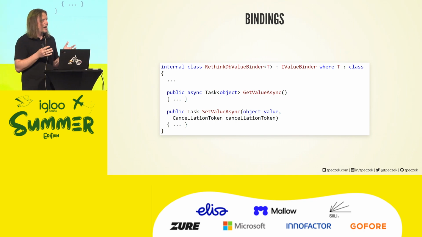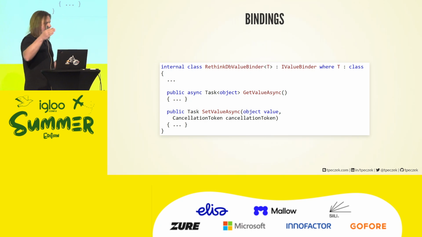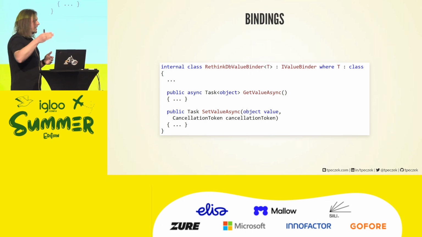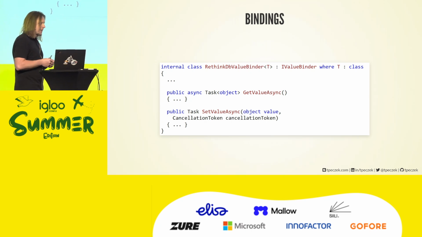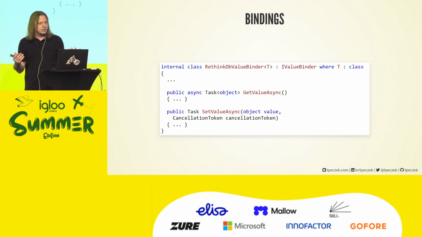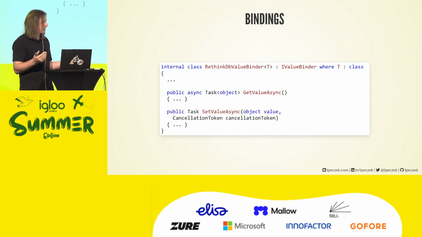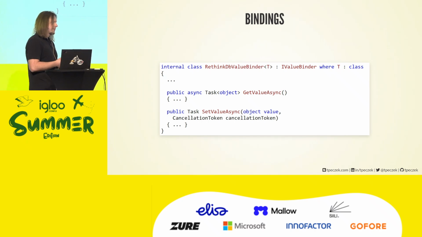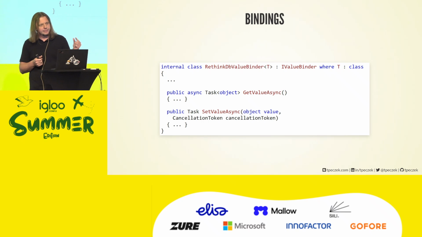Well, the answer is that value binders always live in that third context, the invocation context. They are created for a specific invocation. And that has consequences, because that means there can be quite a lot of instances of them, as many as parallel executions of the functions. So they contribute to resource consumption. They also contribute to latency, right? Because they have to be created and destroyed per every invocation. So they have to be truly lightweight.